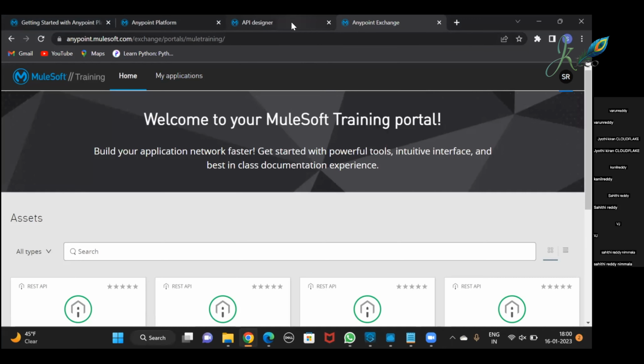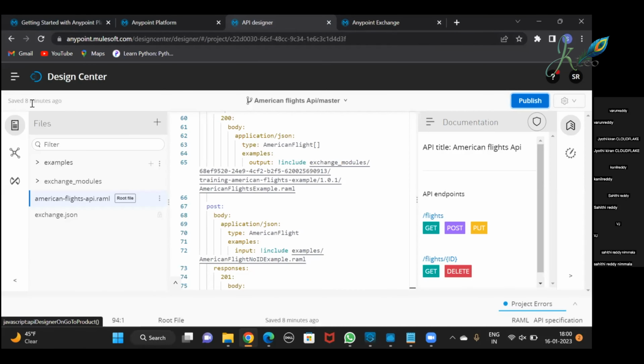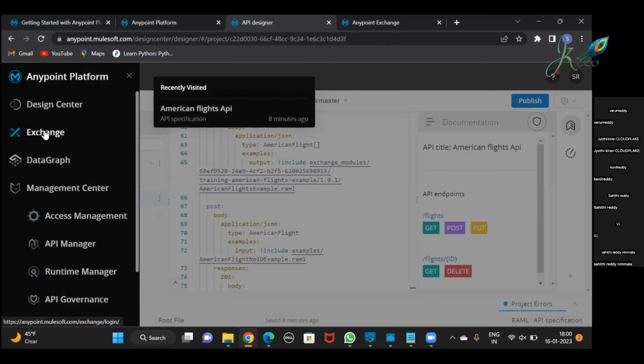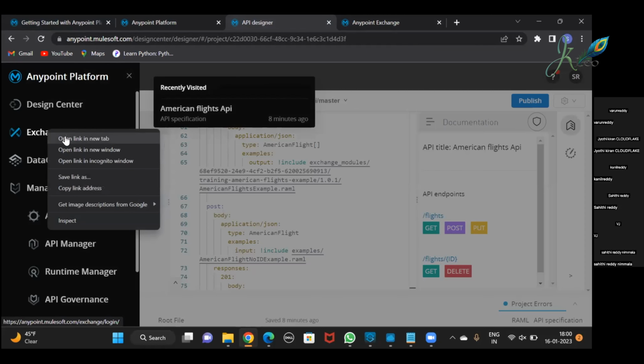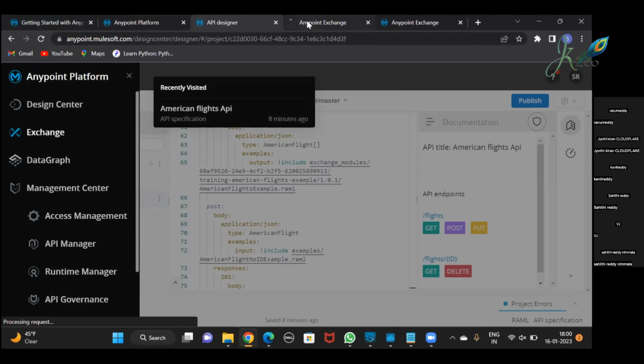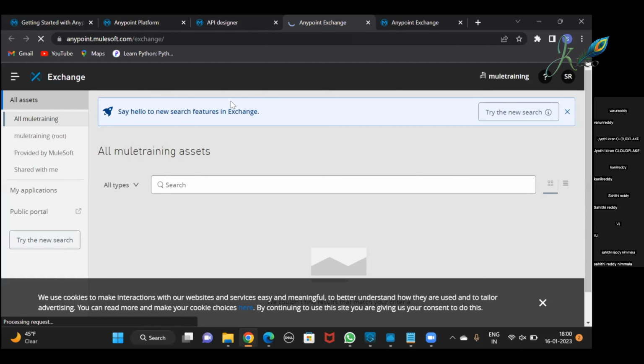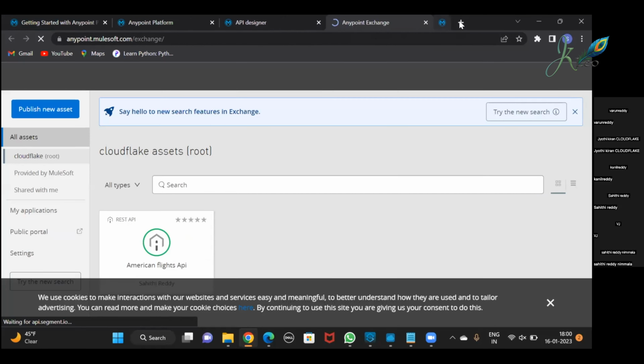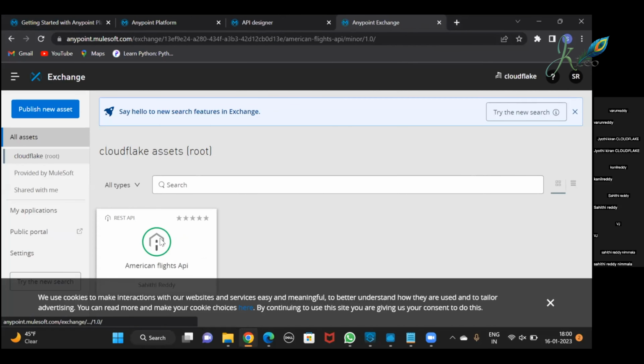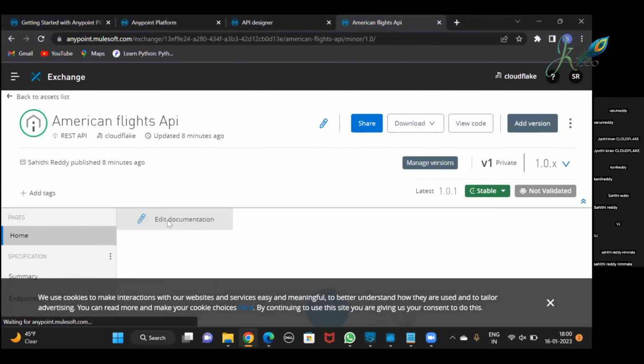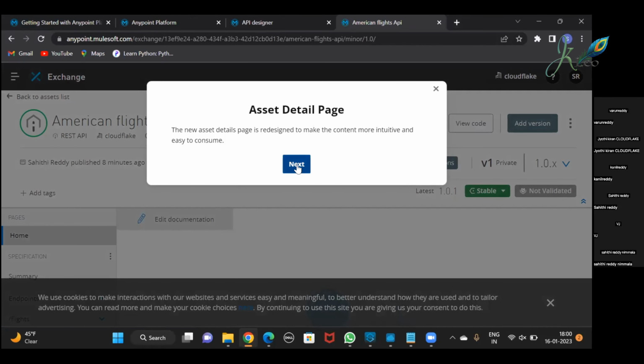You're opening it in the portal. So portal is different. You have to right click here, open link in new tab. This is the Exchange. This is portal. Don't go here. So here you click this. Here in the home page, edit documentation,